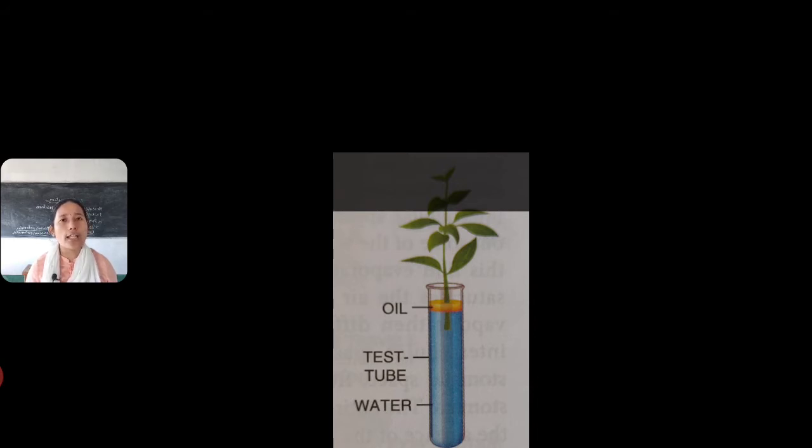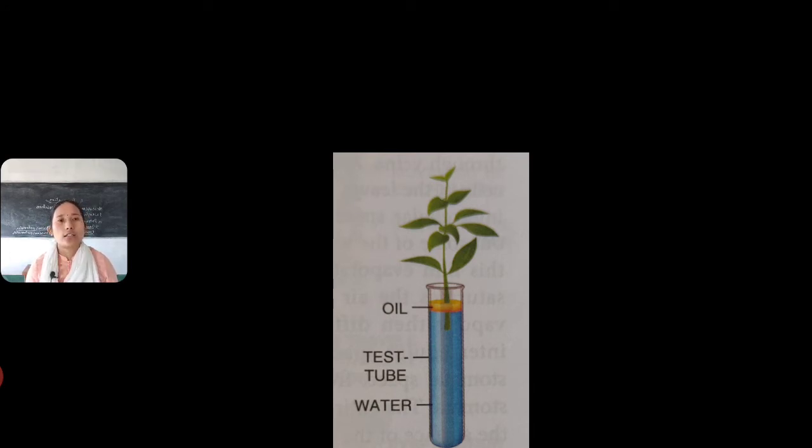Why are you putting the oil? So that whatever the loss of water is taking place, it's through the leaves, not through the surface of the water. Now you will take the measurement of this test tube. Initial reading, you will expose it into the sunlight just like your previous one, and again you will take the reading. What will you see? There is a difference in the weight of this test tube. Now whatever the difference is observed, that is the water being lost through the leaves.